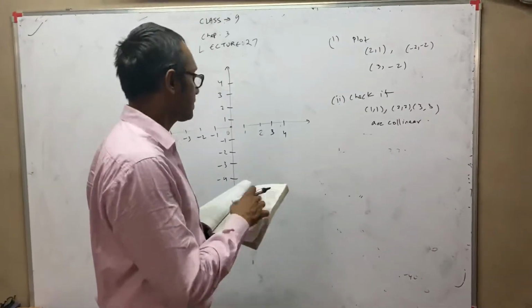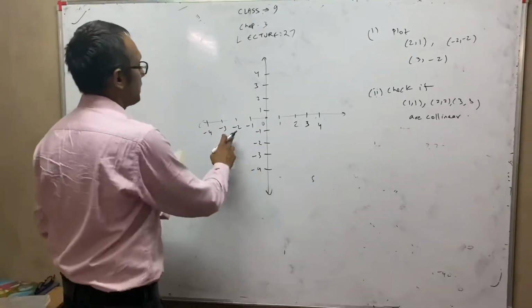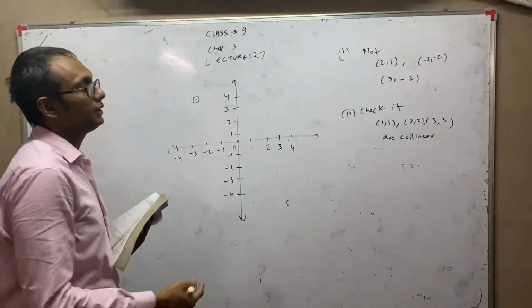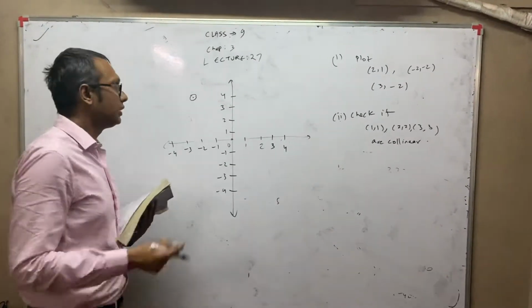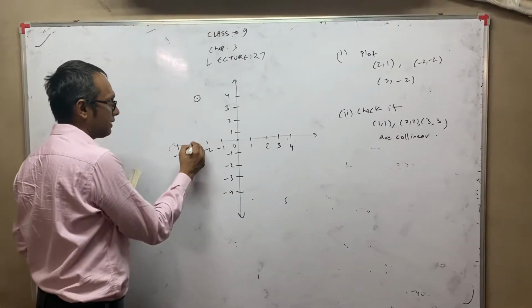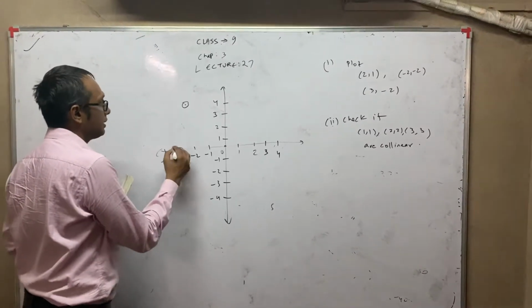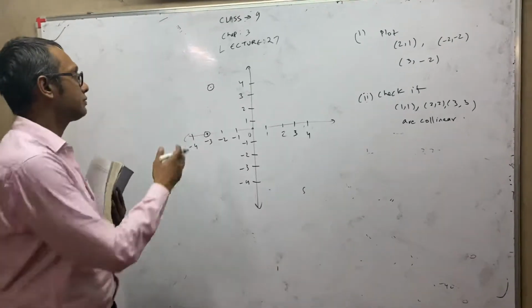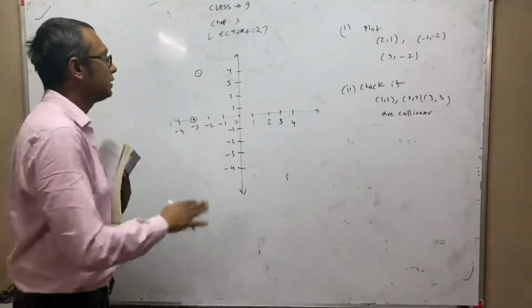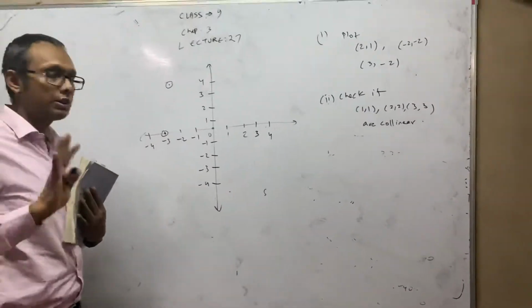For example, first is -2 and 4. So -2 and 4, so it is here. And now you have to see which quadrant it is, first, second, third or fourth. And of course, as I told you, suppose a point is there on the line, like this is the y-axis, so this is not in any quadrant as such. You just have to say that this is the x-axis, so it is on the negative side of the x-axis. This point is not in any of the quadrants.